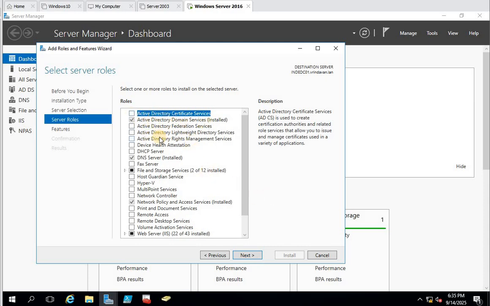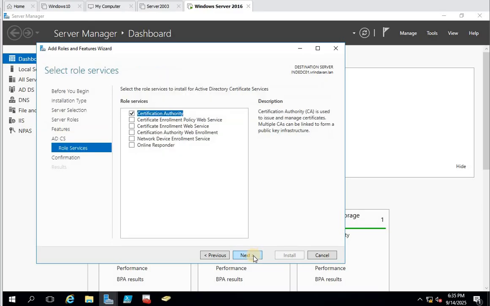So first perform your domain controller configuration, then visit here and try this. I'm saying this because I installed all the roles, and it was not allowing me, so I removed the Active Directory certificate role, then installed and configured, promoting the server to domain controller, and I